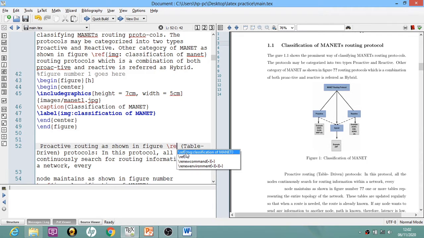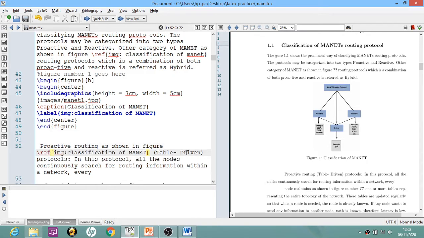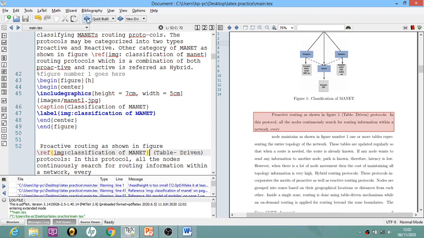So you will select this reference and save it. Now we will compile it. Remember, whenever you write a reference, you need to compile the code twice. Once you compile this code twice, you can see that figure number 1 will appear over here. This figure number 1 comes from this figure number 1. So in this way you can add a label which can be used for cross-referencing.